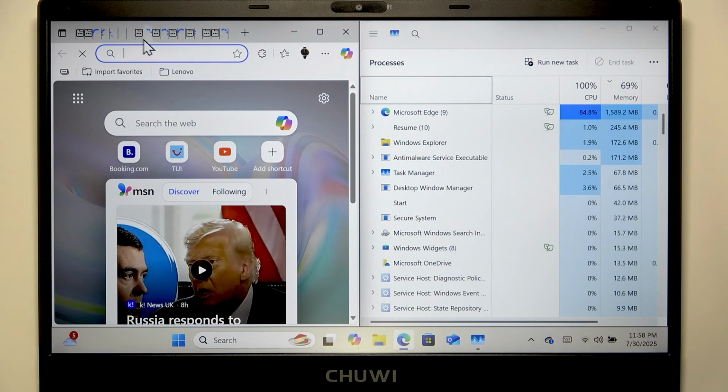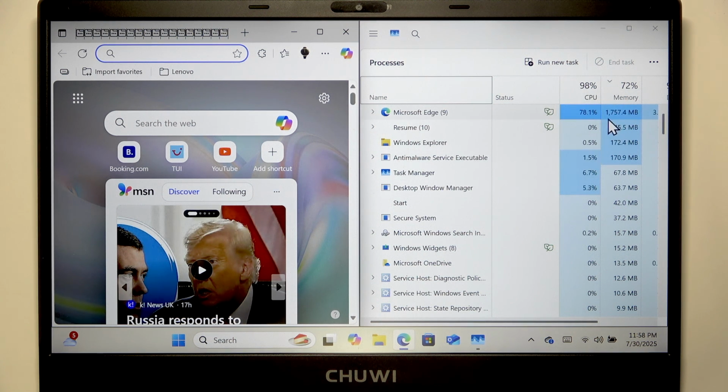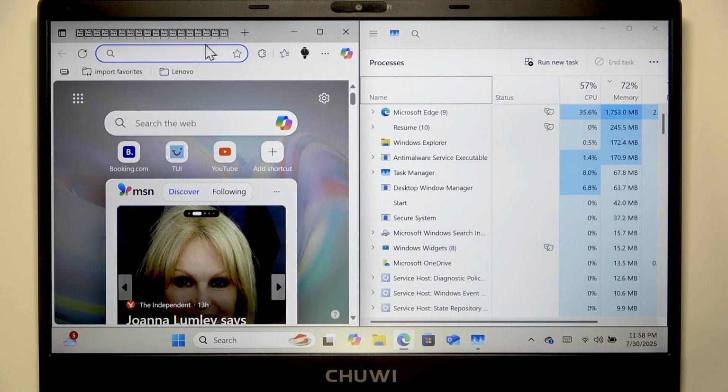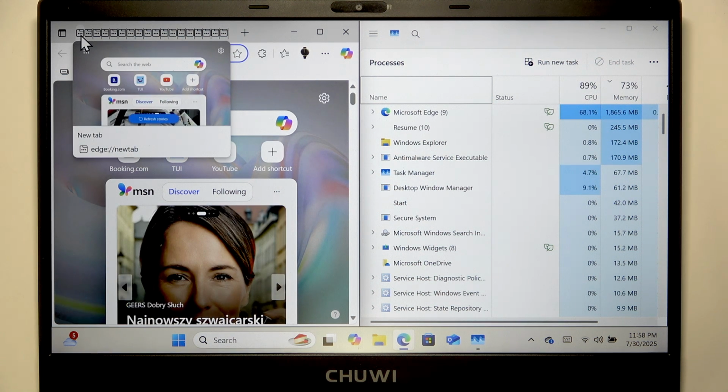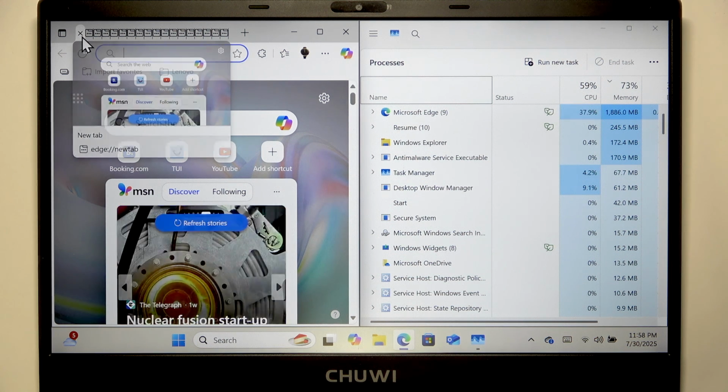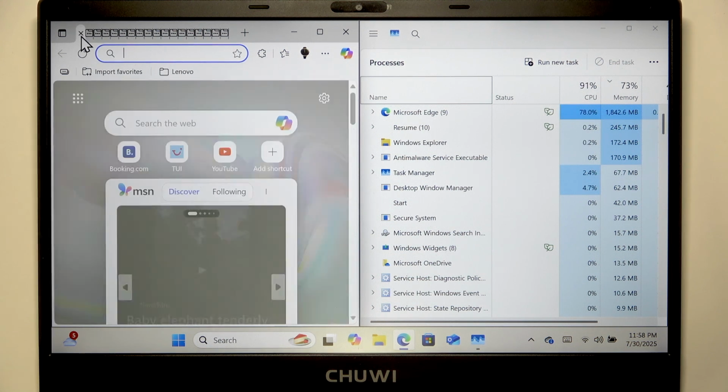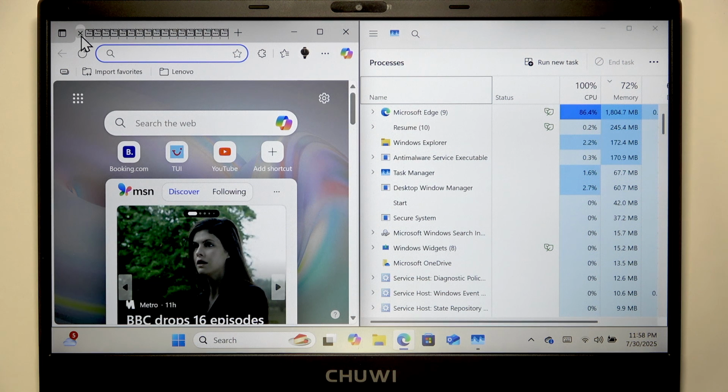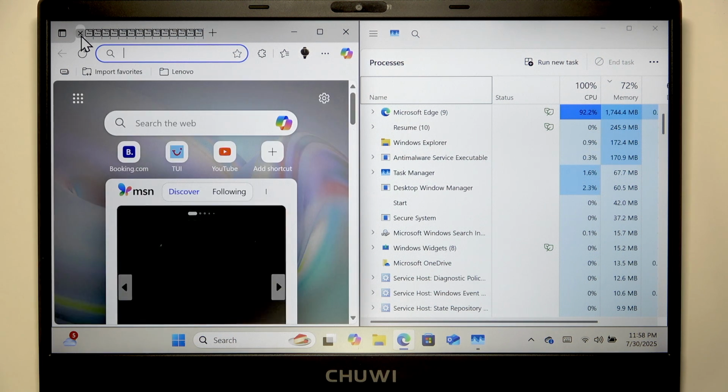And these are all empty tabs, and they haven't loaded yet. So as you can see, the browser right now is using almost 2 gigabytes of memory, and all you have to do to decrease this memory usage is to close the tabs that you don't use. So make sure that you always do that,